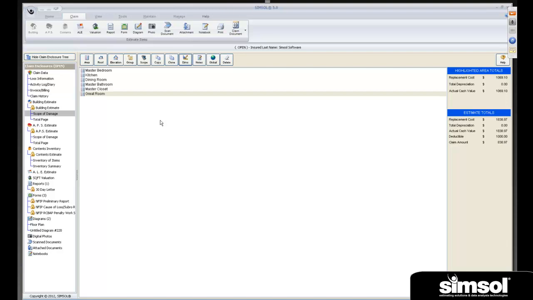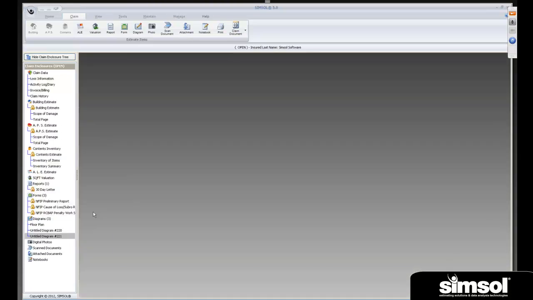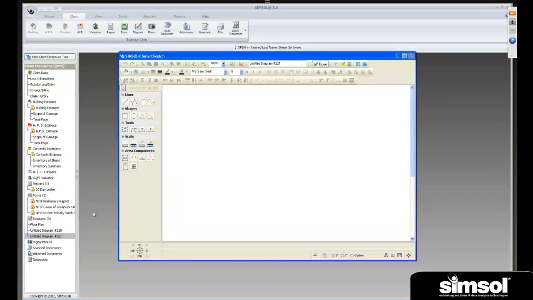Okay, so now that I've got my areas the way I want them, I can now proceed to the CAD diagramming program. Take my mouse. 2 ways we can do this. We can come right up to the ribbon and find the diagram and click it, or I can simply come up and then select diagrams, right click using my mouse, and left click new. And welcome to the new diagram program. So what I'm going to do is I'm going to make this full screen,